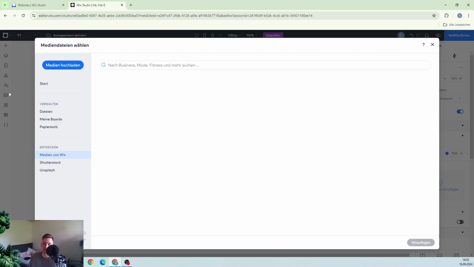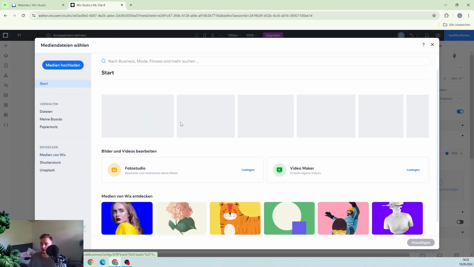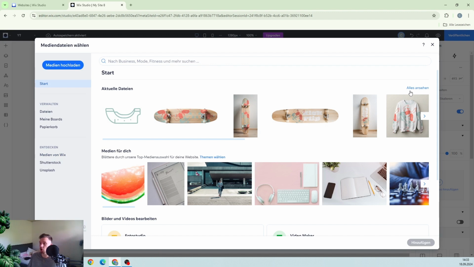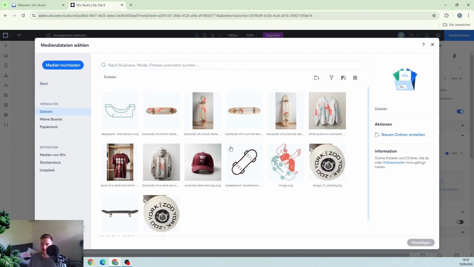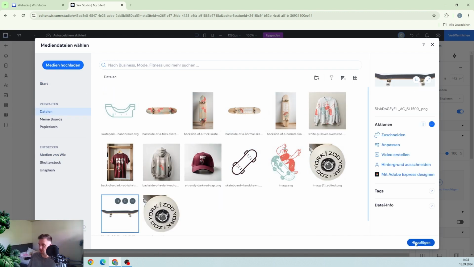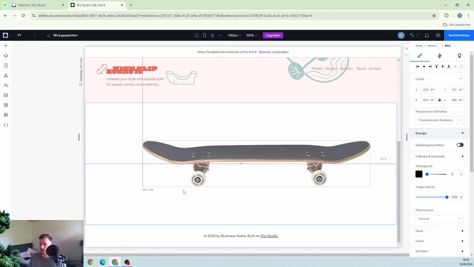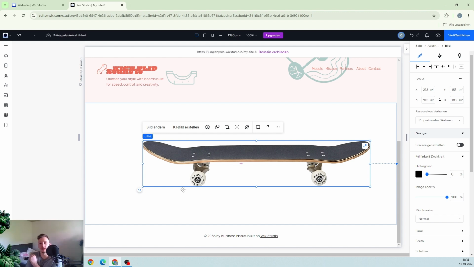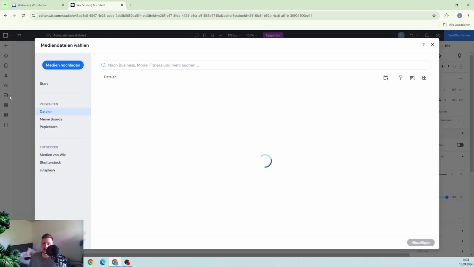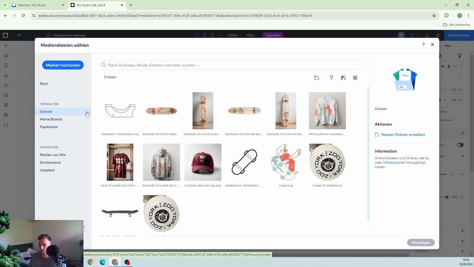So for that, first of all, of course, we have to add the skateboard. And for that, I already have an image, which is this one. I'm gonna add it here. We can make it a bit bigger, something like this. Then, since we want to make the spinning wheels for appearance, first of all, we're gonna add the wheels, but